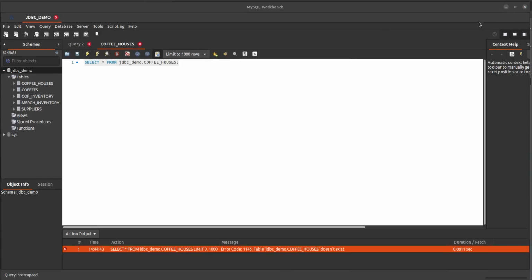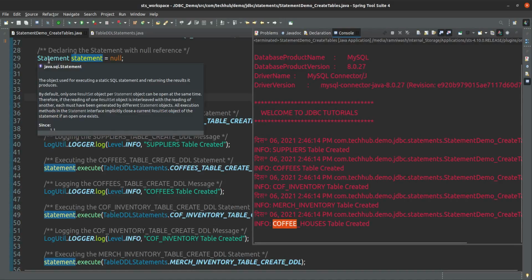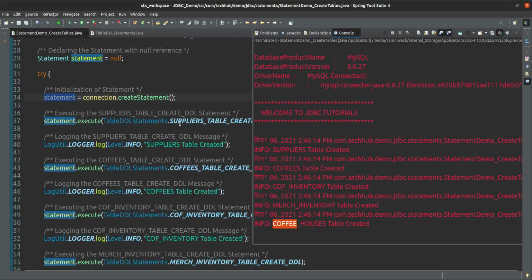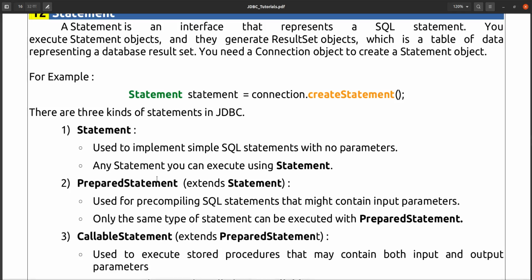So this is the use of statement. Without any positional parameter, you can execute any statement. In that case you can use the statement interface. If your SQL query does not have any positional parameter, then you can use statement.